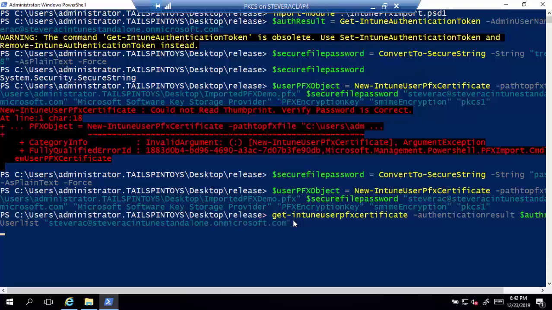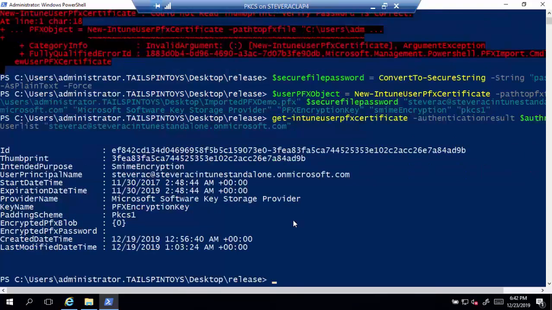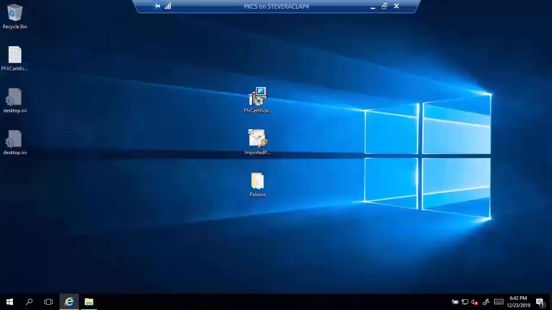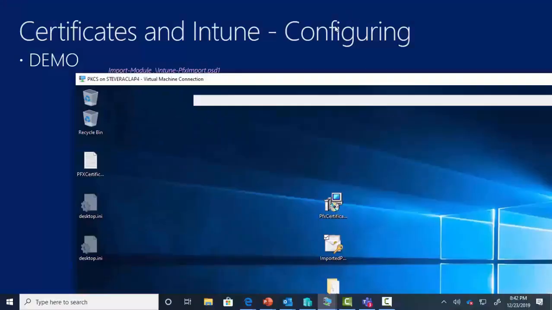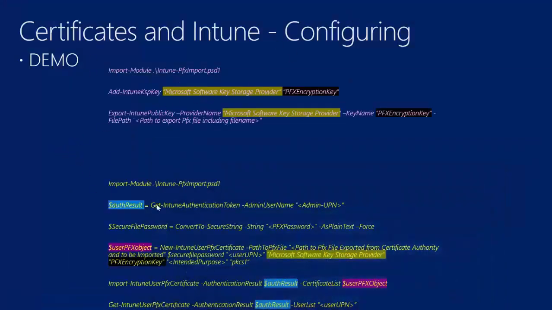Okay, and so that's going and fetching from Intune, and it is an SMIME encryption. That's the one I just imported. Here's the detail about it, so I know that I have one certificate imported into Intune and ready to go. All right, so that work is to set everything up. These are the steps that we did, right? Hopefully that made sense. A couple of little bobbles along the way with typos and such, but hopefully that makes